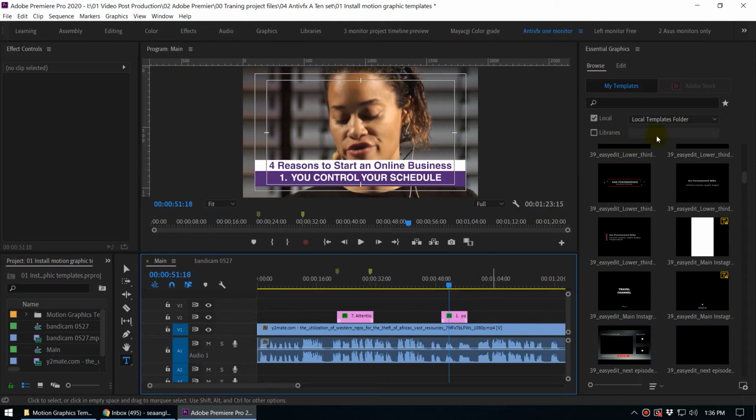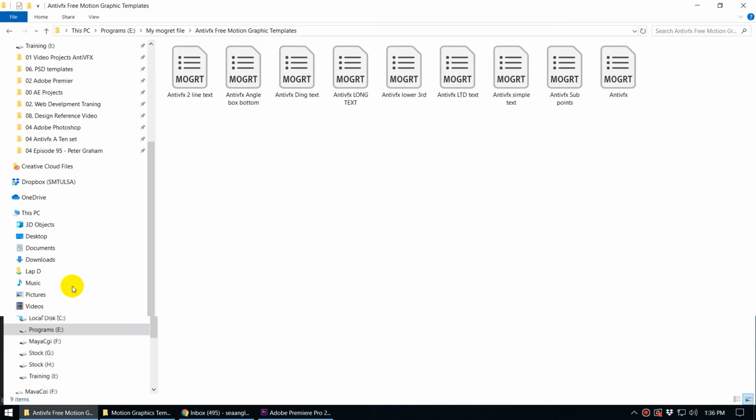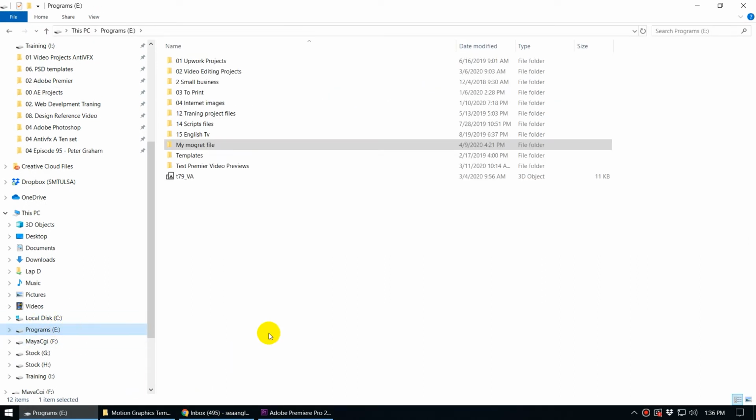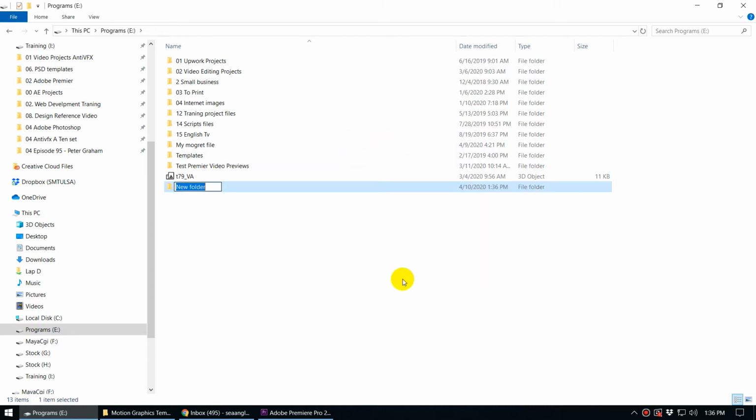But today I'm going to explain a pro tip, because you know that it is very hard to find the local template folder. So here's what I recommend. Go to your computer and create a new folder like this and name it Adobe Premiere